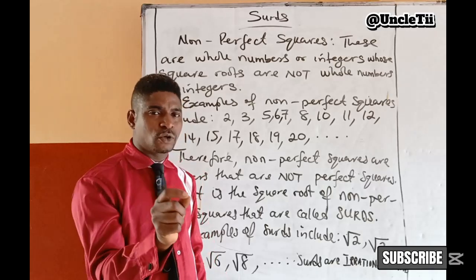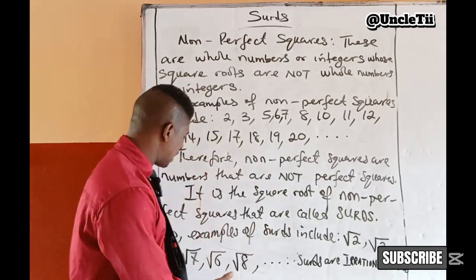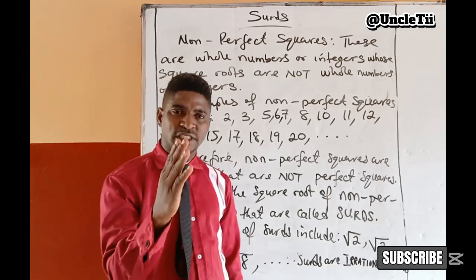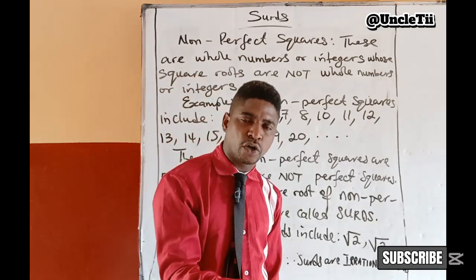So now that we know what surds are and some examples of surds, the next thing would be to take some laws of surds